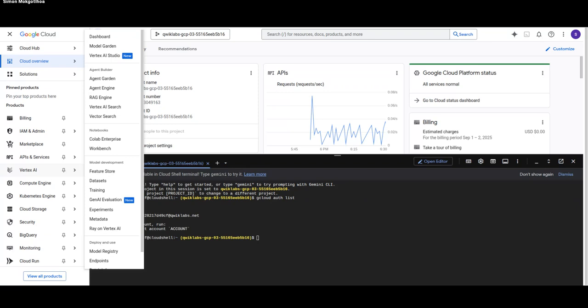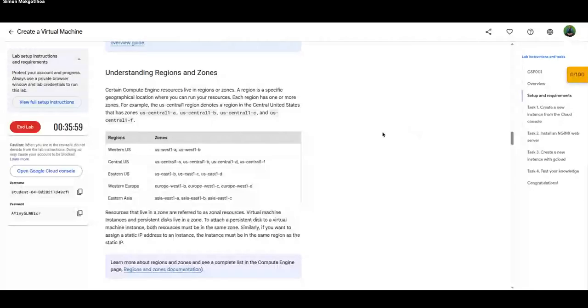For example, let me actually share that part so you can actually see it. So I'm not just talking to myself. Nice. So Rhea, there we have it. So each region can have more than one zone. So for example, you see we have Western US. Now that region can have two zones, like West 1A and West 1B, right? So it goes on for the Central US, European regions as well.